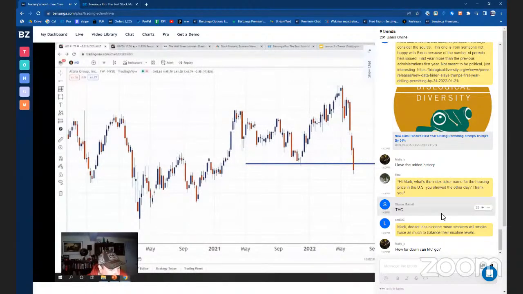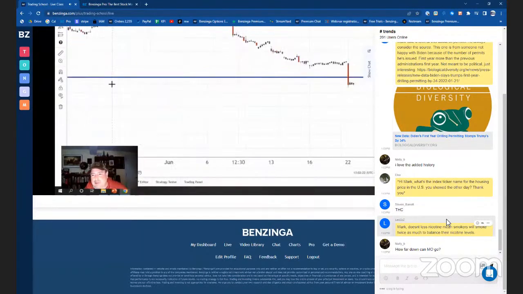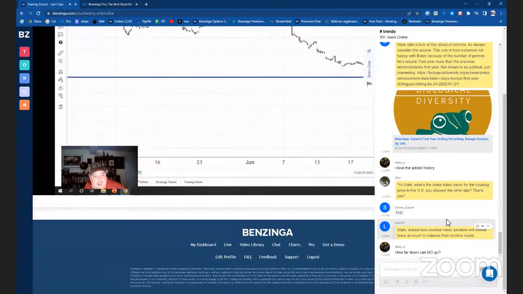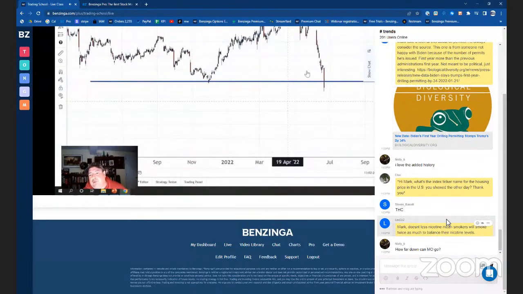All right, Barnaby. Now I know some of you guys, you stoners, probably know more about Juul than I do, but yeah. So here is a 1-year picture. And part of this move too is it looks like we broke support, but it is coming back. It may get some kind of reversal, but that could be game-changing news.